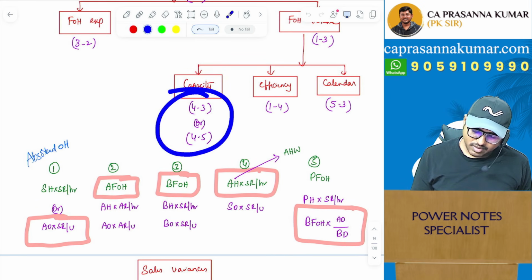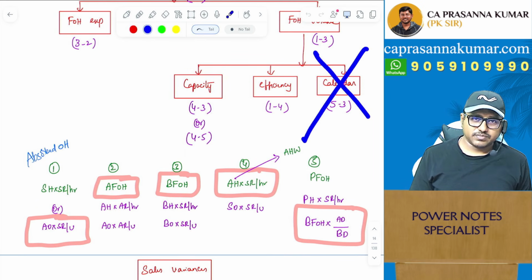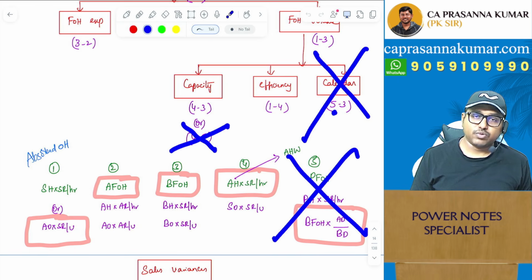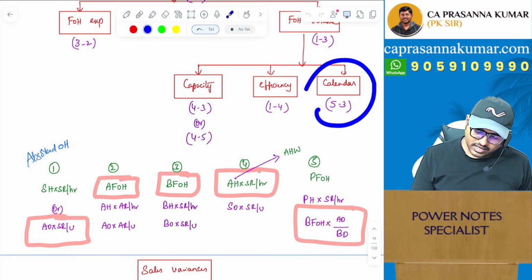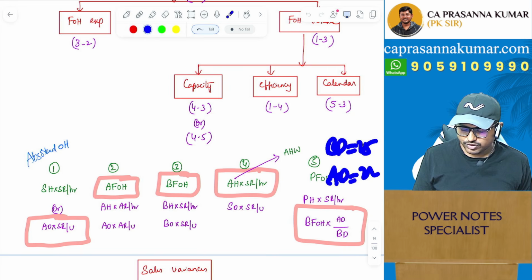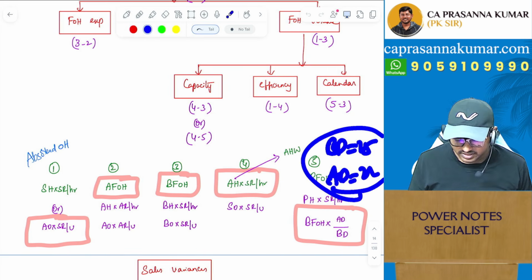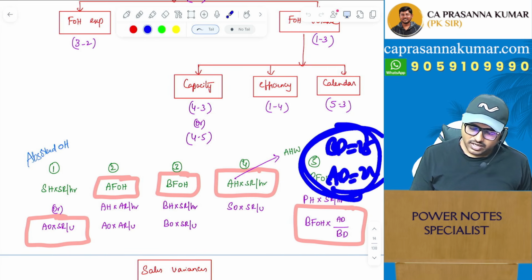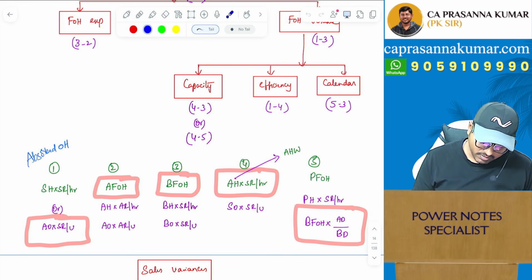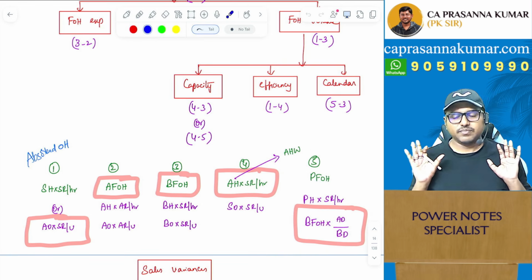Now, what about this? Sometimes calendar variance will not come. If calendar variance does not come, then the fifth formula will not come. If it does not come, then the capacity variance formula will be 4 minus 3, not 4 minus 1. Without the fifth formula, how will you calculate 4 minus 1? But sometimes calendar information is given in the question, like budgeted days is equal to 25, actual days is equal to 22. If this information is there in the question, then calendar variance will come, which means formula number 5 will come, which means the formula for capacity variance will be 4 minus 1. This much is